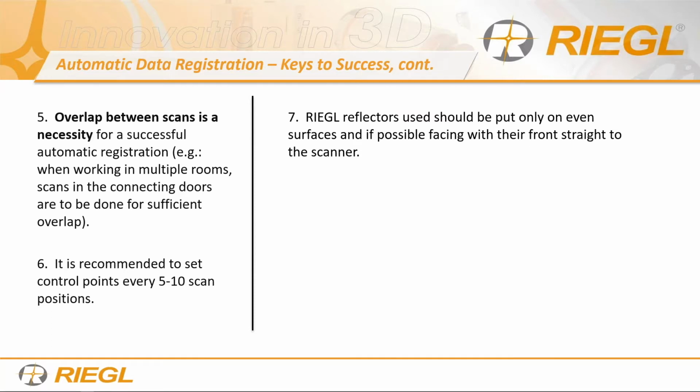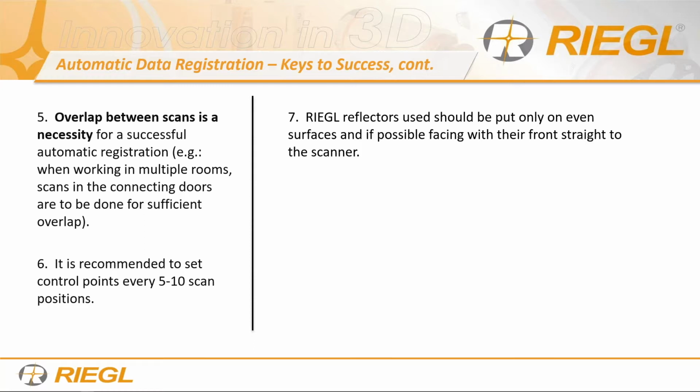Reflectors should be put only on surfaces. We offer flat targets versus cylindrical targets, right? So we have two types of targets that we use. Well, three actually: a prism. But if you use the prism, it has to be at a certain range, I think about 150 meters or something. It's on the scanner, so if you select your prism, even in the software, it'll tell you the minimum distance. Otherwise, if the scanner hits that prism, it's going to shut off at that point,